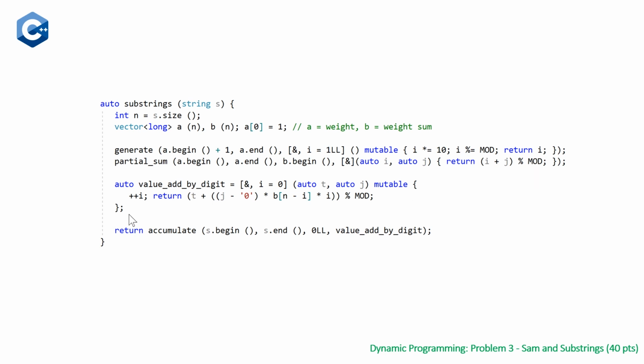And here we have a more complicated generic lambda in order to do the calculation that each digit adds in terms of value. But it looks very similar to what we had previously in our second for loop in the last solution. So getting the value of our digit, multiplying it by the weight, which we're going to get in reverse order, and then multiplying it by I. And once we have this lambda here, we can just pass it into our accumulate function and then return that